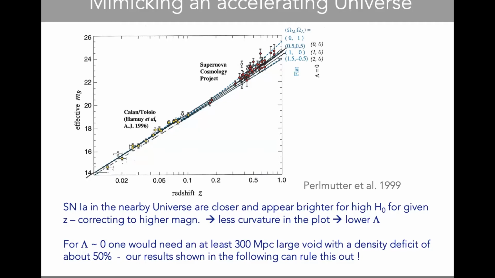So this is an old discussion, but if you want to discuss the whole lambda business away, you need a local void with a radius of about 300 megaparsec and an underdensity of a factor of 2. This is much too extreme compared to what we find. So we can actually rule that very securely out as an explanation. But still,